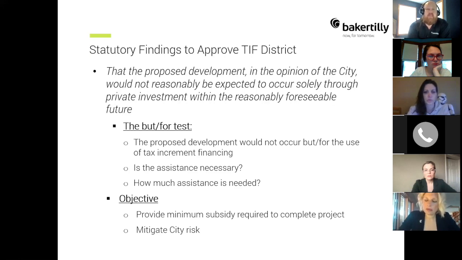And the idea behind this test is essential to the philosophy of tax increment as a whole. We want to be good stewards of the public's tax dollars. We want to make sure that we're only investing in projects that would not otherwise have occurred. We want to be able to verifiably make that determination. So a lot of times when we do the but-for test, we can evaluate a project pro forma on the estimated rate of return to the developer to see what the return would be for the project with and without assistance, and use that as a means of measuring if the project would be likely to occur but for the requested assistance.